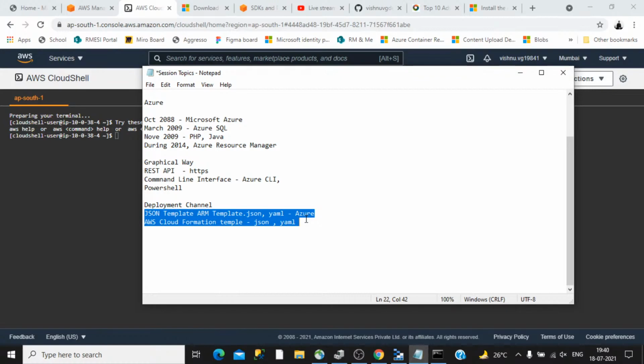We can add different gates in that pipeline, so that it does not get automatically deployed to different environments. There will be a development environment, a QA or quality assurance environment, and another environment like the actual production environment. After the QA, or even before the QA, you can add gates, so that every time the user commits or changes something, it won't get triggered automatically, but only on the basis of a certain approval.